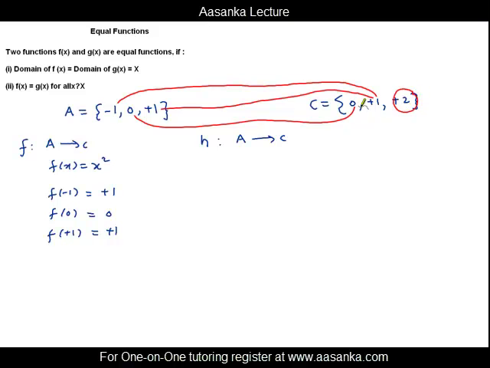So the range is 0 and 1 when you have connected from A to C, but 2 is left, therefore 0, 1 and 2 will form the codomain. Now any difference of codomain will not affect equality of function,